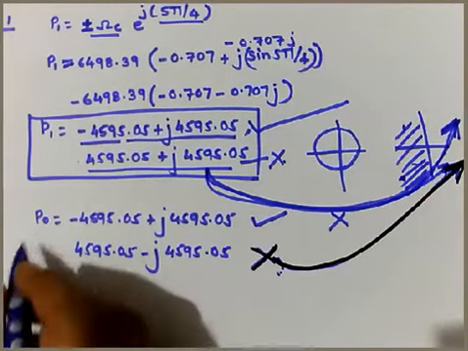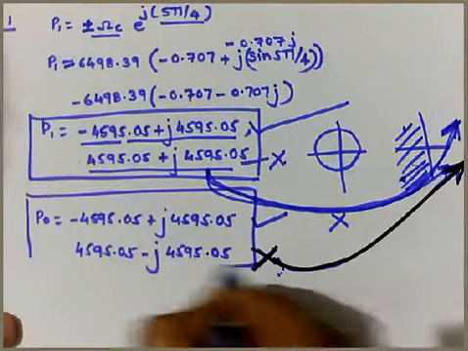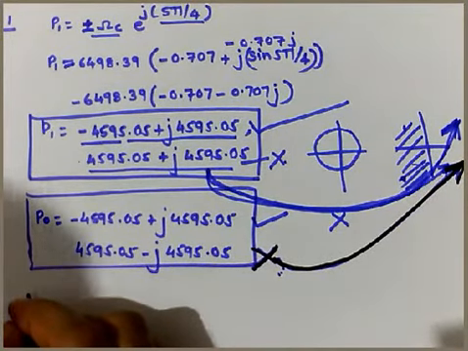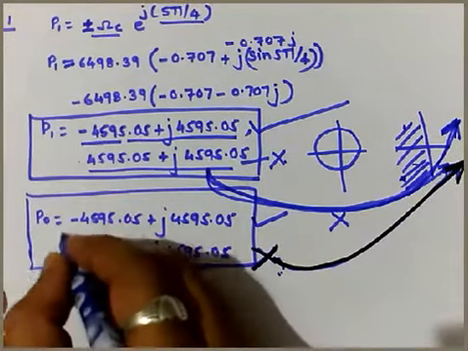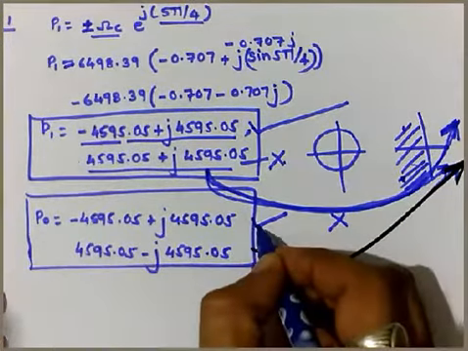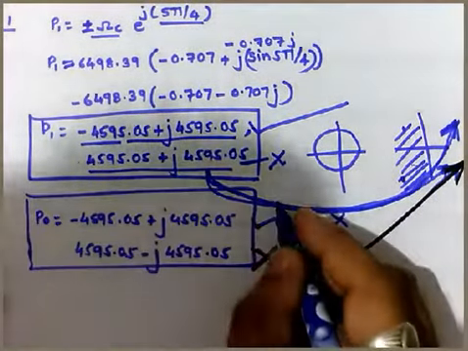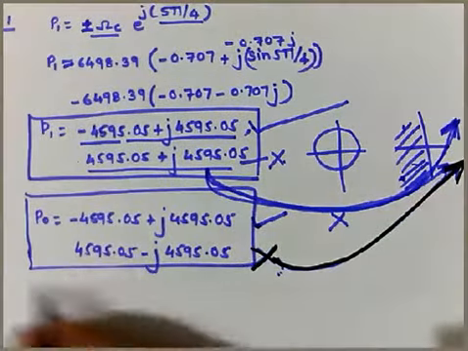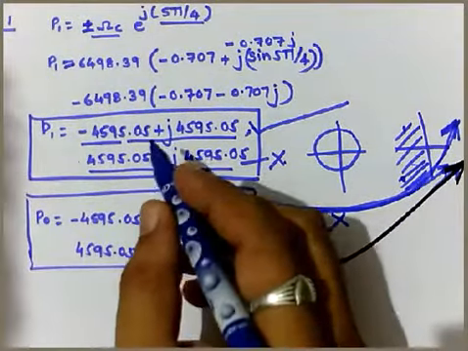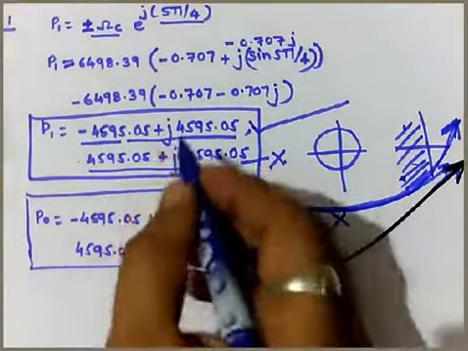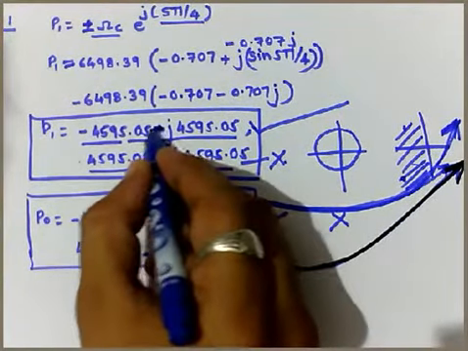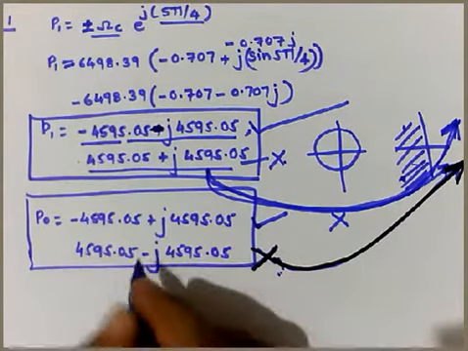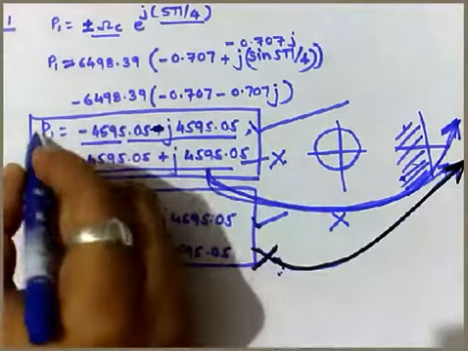So this stability we have already considered. Out of these two poles, only the stable poles, the poles which are deciding the stability, are to be considered. So these two will be considered for the writing of H of s. For writing H of s, I will just write down here, but how exactly do these two poles look like? This first is minus, let me just correct it, this is minus and this is plus.